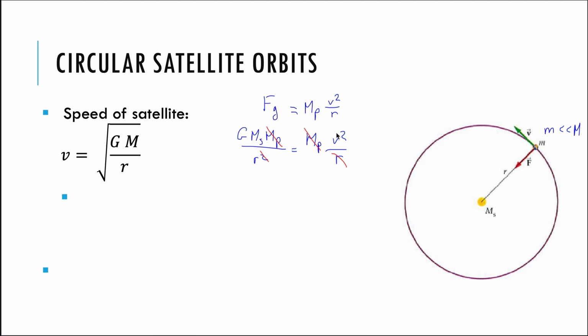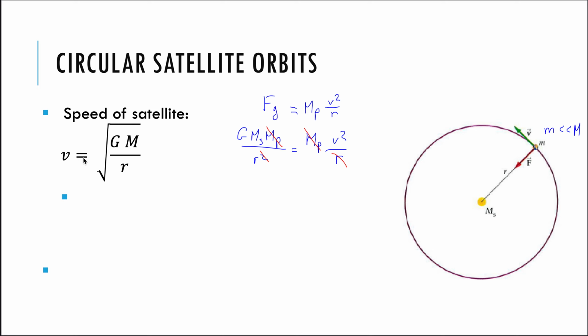So if we solve for v, we just take the square root of both sides, we get the square root of GM over r. So M is the object that is being orbited, and r is the distance from the center of that object to where the satellite is. So this is not really a new equation, but it does give us a convenient form of the equation to